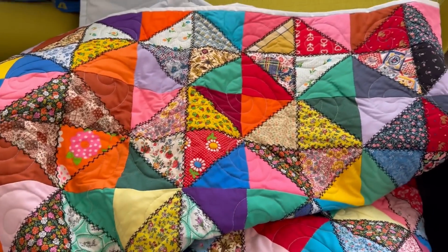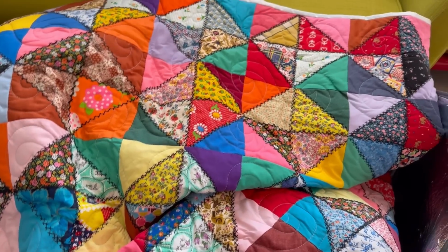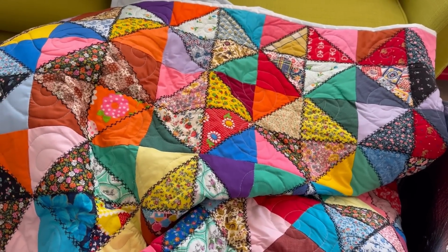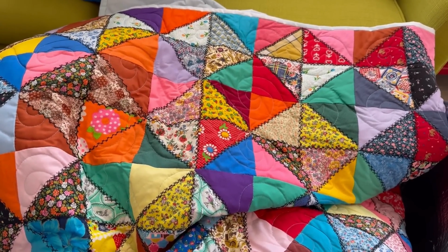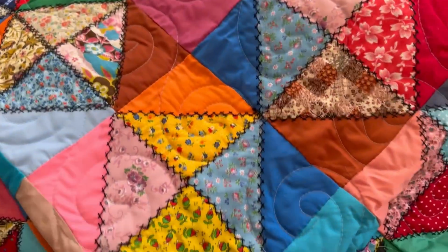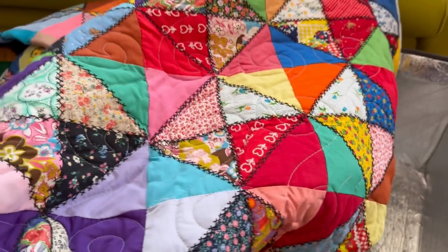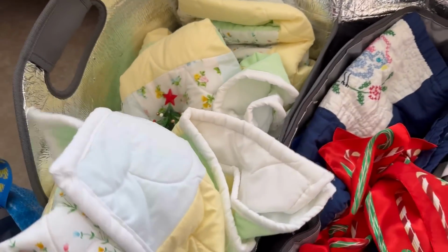And yeah, I kind of want to keep it. But David will be like, no, we don't need any more quilts, because literally... No, we don't. Okay, see? And so literally we have so many quilts. My linen closet upstairs is bursting. A lot of them are my grandma's, so those are the ones that I'll never sell. But man, I really like this. It's so colorful and good. Okay, next up on Quiltapalooza